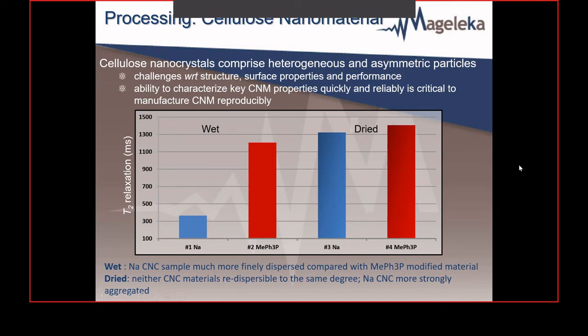So what I just showed here is I've compared the relaxation times between wet, never dried samples, aqueous samples from the original milling and initial processing, and then suspensions of the same CNC after drying and then redispersion. In the wet sample here, what we've got is called Na and MEPH3. This is a cellulose nanoparticle that's actually been modified. The surface is modified with a salt, this is basically sodium, and this is a methylphenyl phosphate, which makes the surface